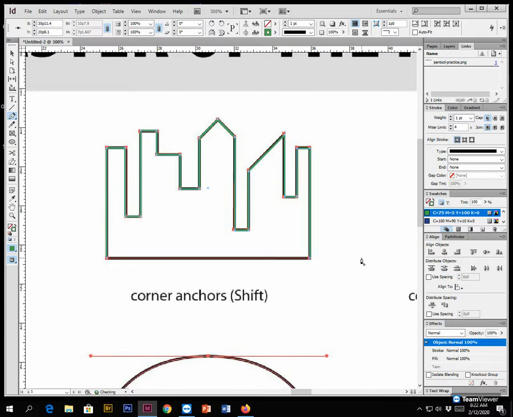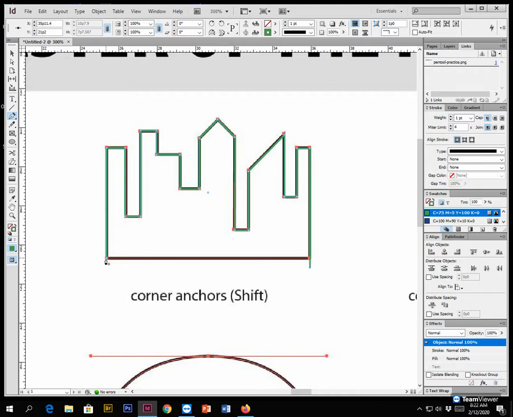Come down to here, single click. Now the only part that might not be a straight line is this very last point. Matter of fact, I'm going to undo. And I'm going to do my click like this. You don't need to do that. I just want to show you what to do if you don't have a straight line. And then even though I'm holding shift, if I come back to where I started,